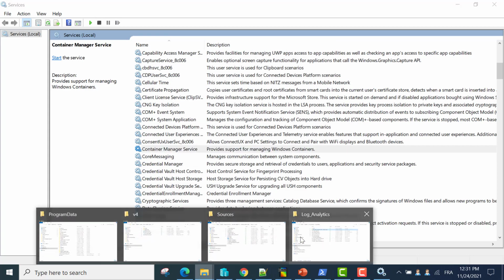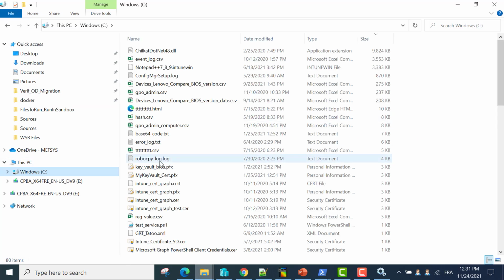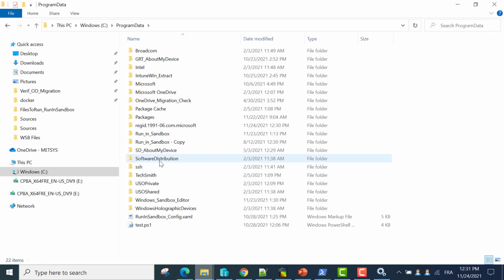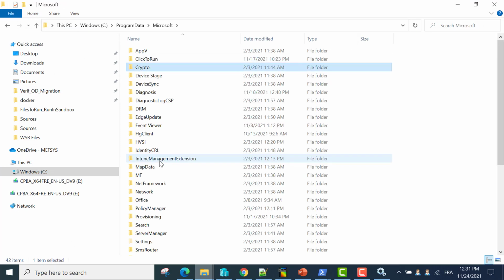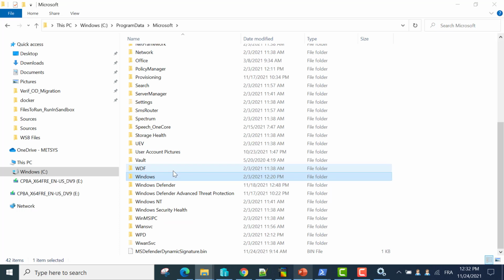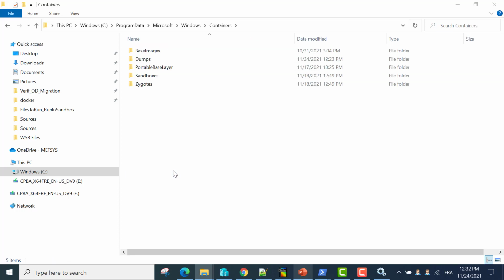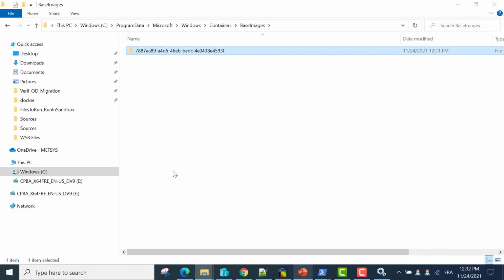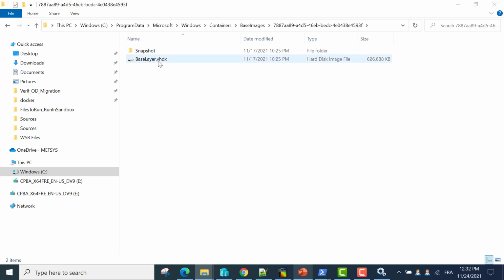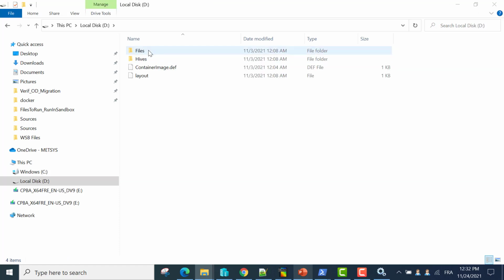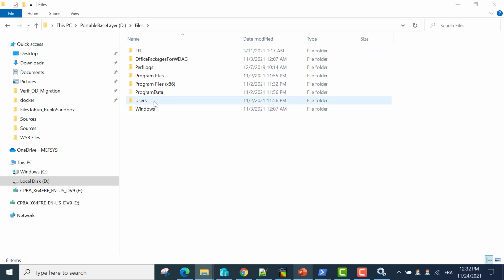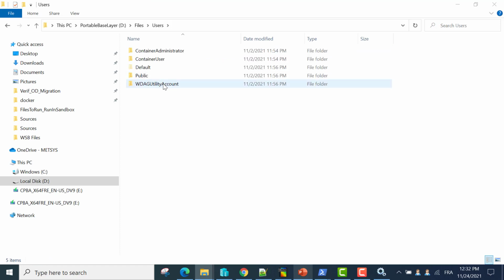Okay, click on OK. Now I will go to C:\ProgramData, Microsoft, Windows, Container, BaseImages, the GUID folder, and I will mount the VHDX file, the default image of Windows Sandbox, and I have access to the default Windows Sandbox configuration, meaning like Explorer, go to Users,